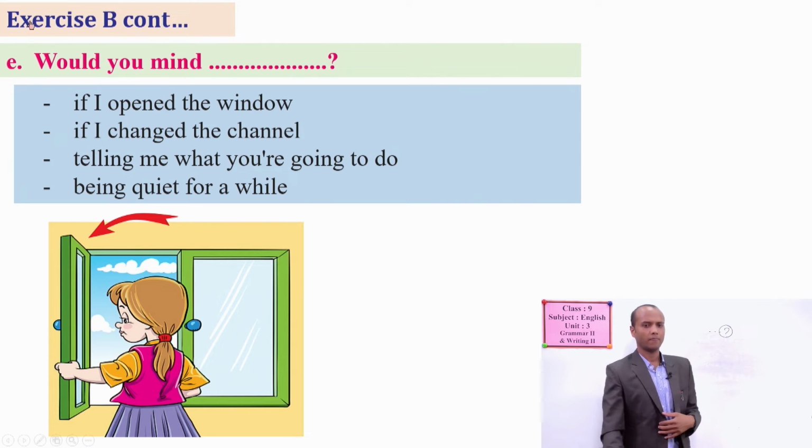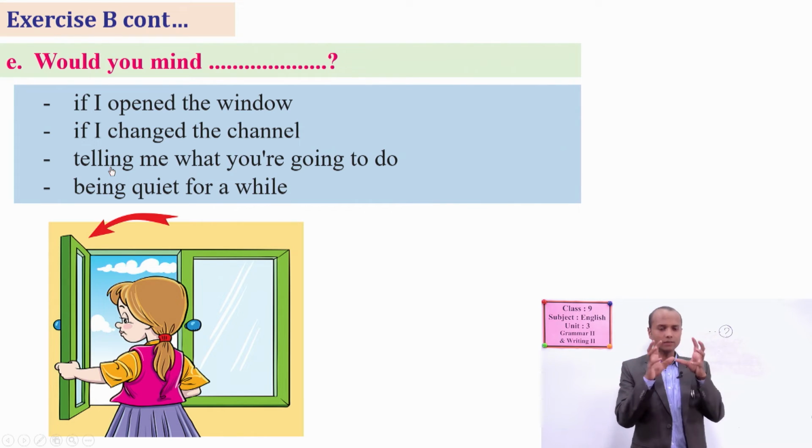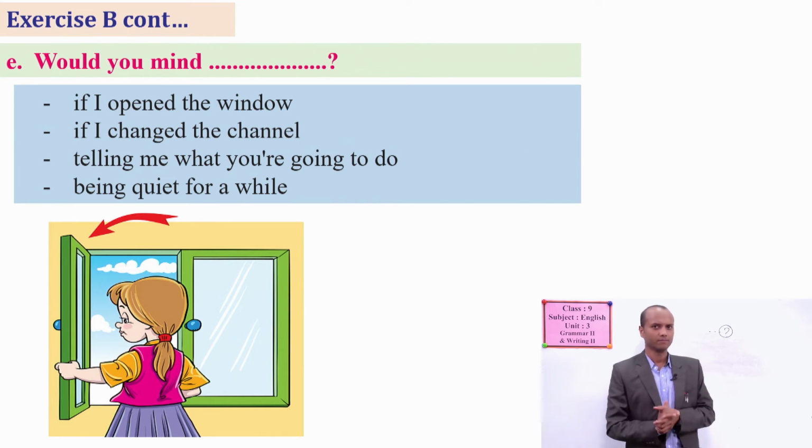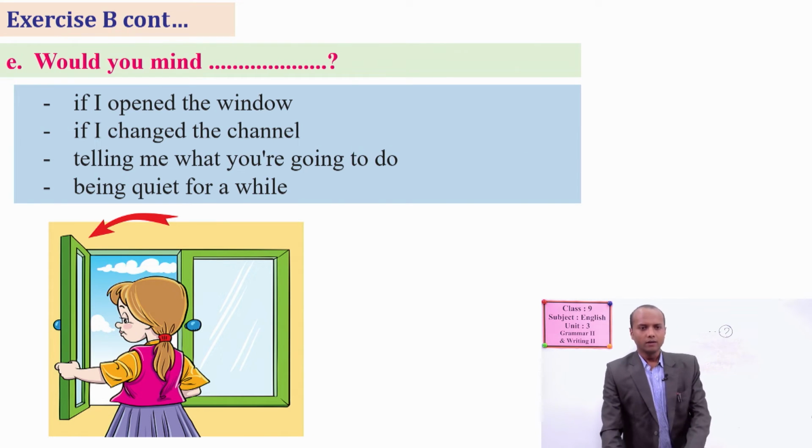So look, you can write, for example, would you mind is used with if I followed by the simple past form of the verb. You can see in these two sentences, and would you mind plus V-ing or present participle form in these two sentences. So please, while using these sorts of constructions, you have to be very careful. Let's see the next exercise,